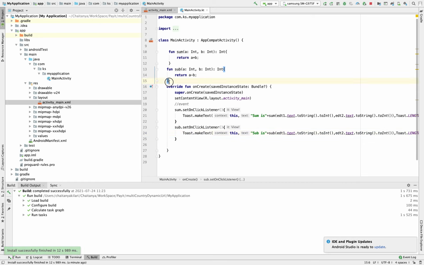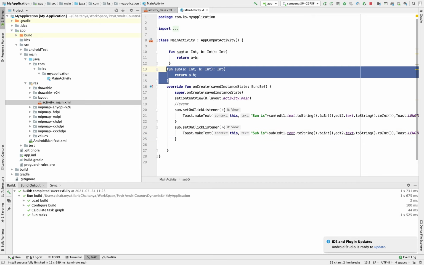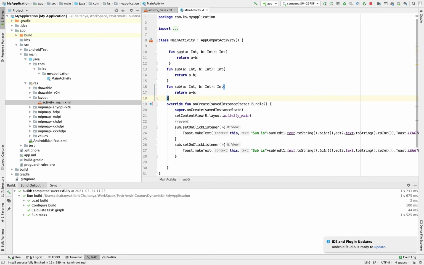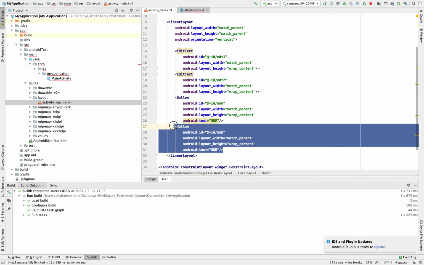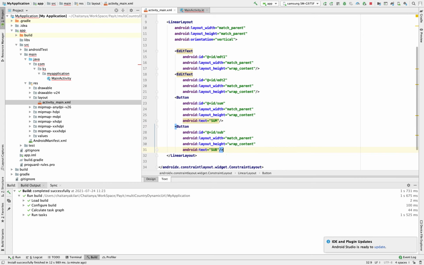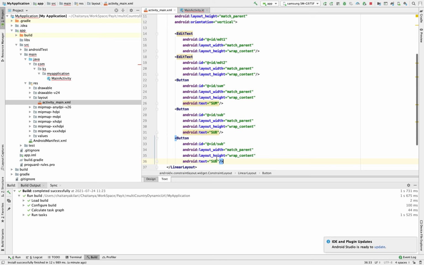After that we are writing one more function for multiplication. We are just changing the logic. Here we need to complete the design for that multiplication button also. Multiplication button also. This is mul.